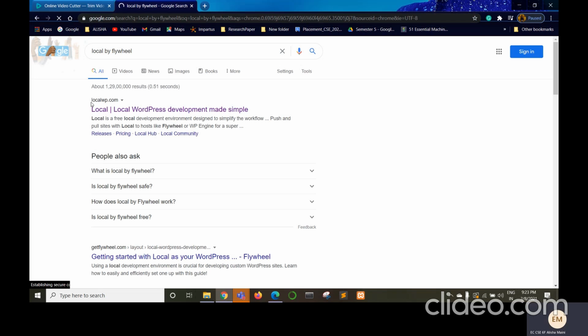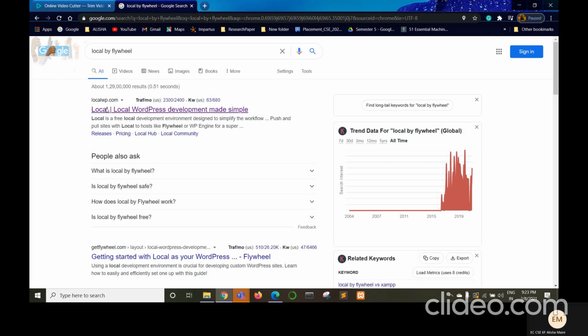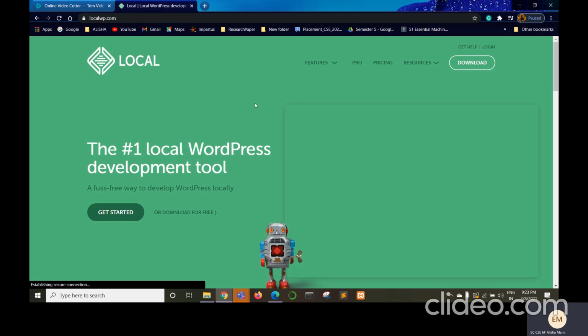Make sure you go to localwp.com. Do not go to getflywheel.com. We are supposed to go to localwp.com. So just click on that and this website opens up. Here you see the download button. Just click on it